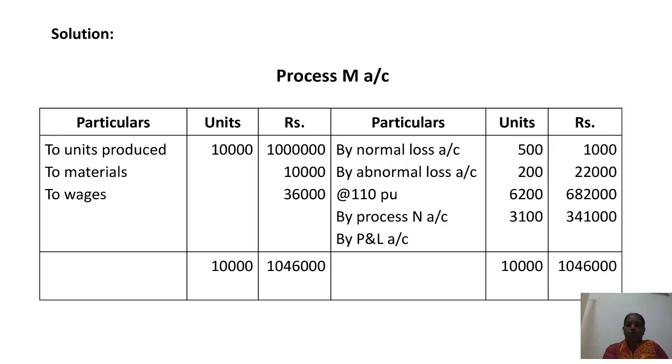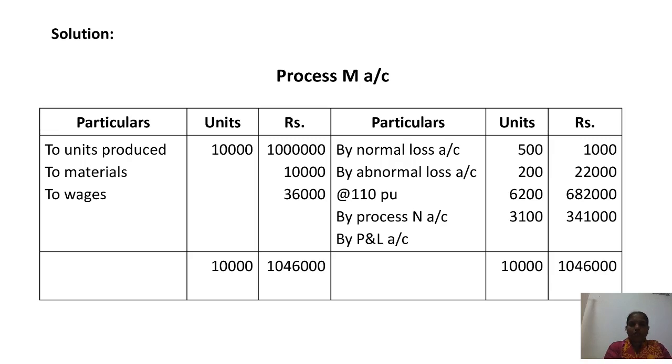So 5% of 10,000 is 500 units, and then one is sold at rupees 2. So 500 into 2 is 1,000, and then we shall go with the next process. So out of the total units, we have to see the process N account. 2/3 of the units are sold,